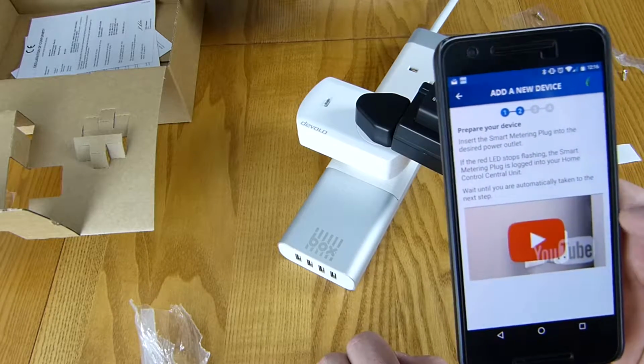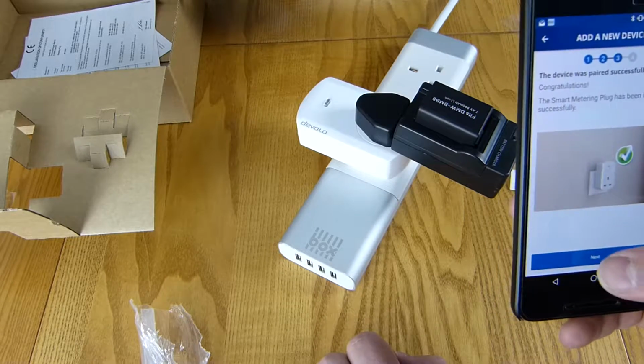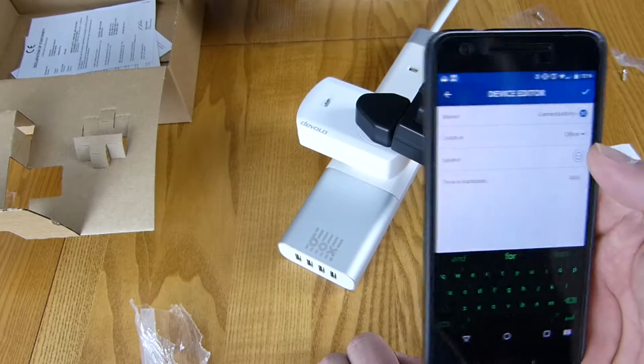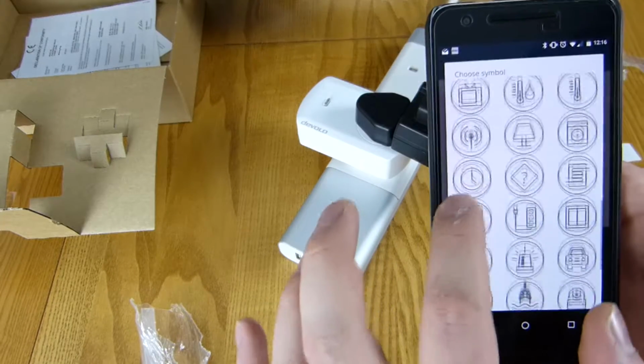Please watch this video. Oh, it was paired successfully. Okay, brilliant, we didn't have to do anything. Location is in the office, and we have a symbol. We'll try and change it away from that wee round thing because I don't particularly like it. It's not effective of